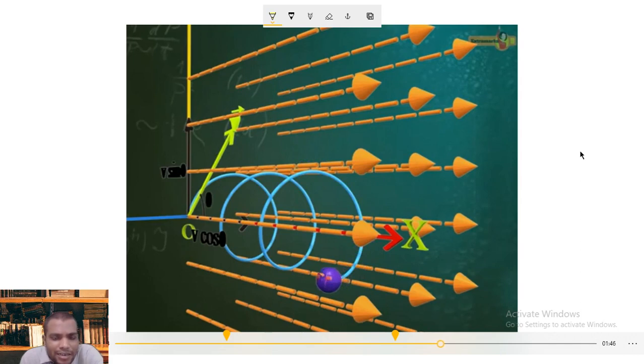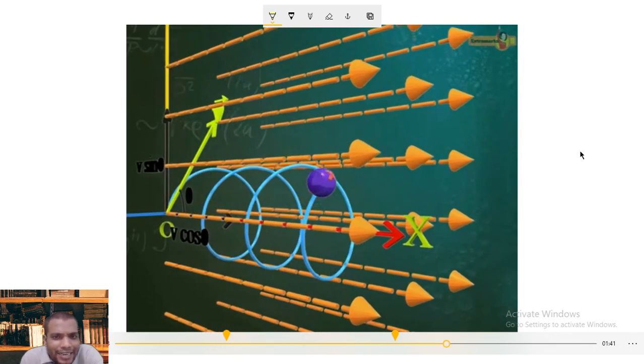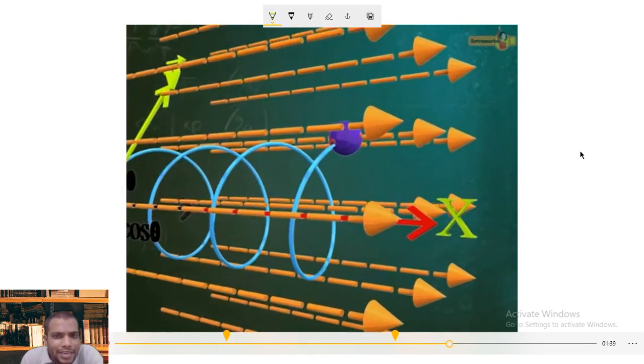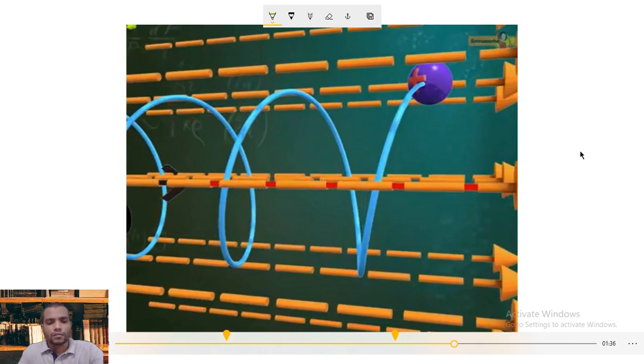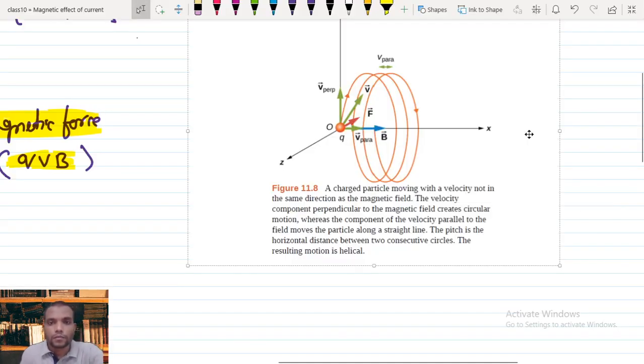Let us try to understand the cause, and how we can get mathematical help to understand the helical path motion, if a charged particle moves with a velocity not in the same direction as the magnetic field